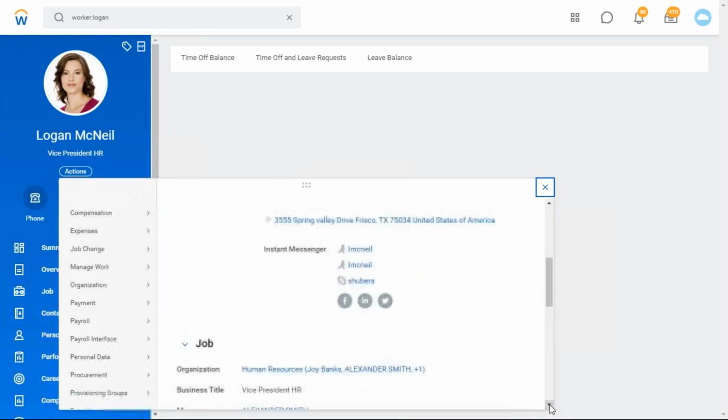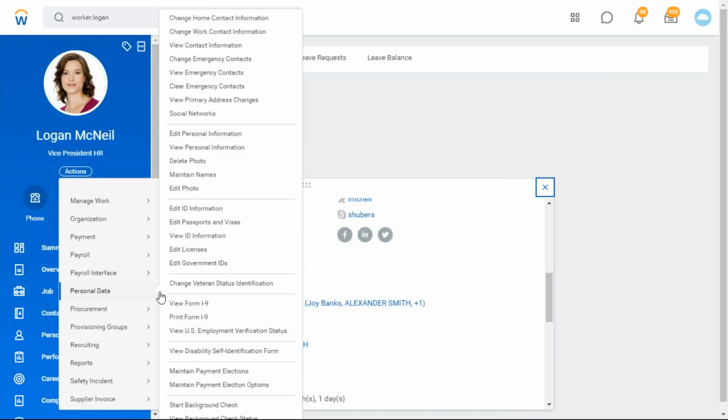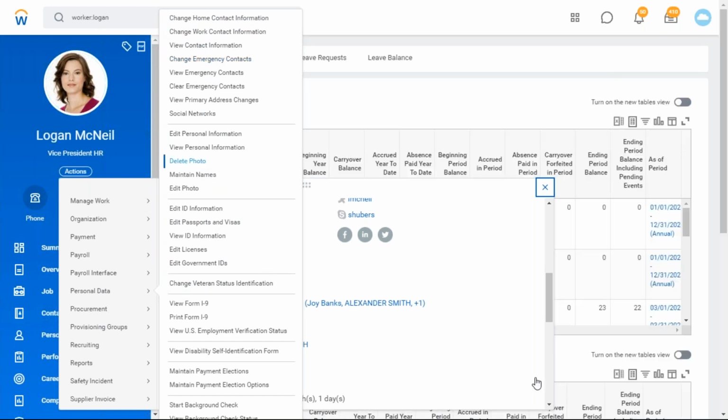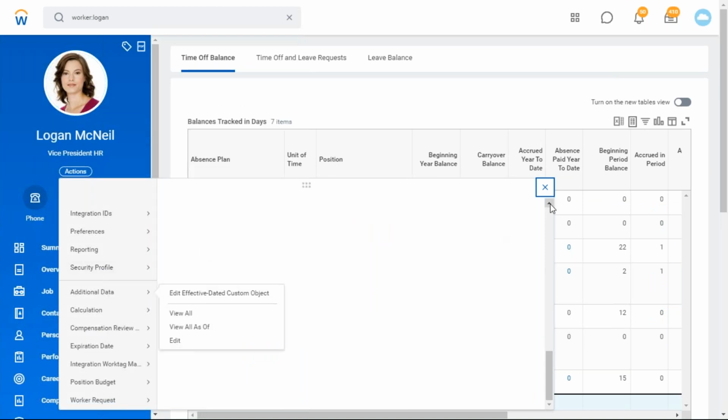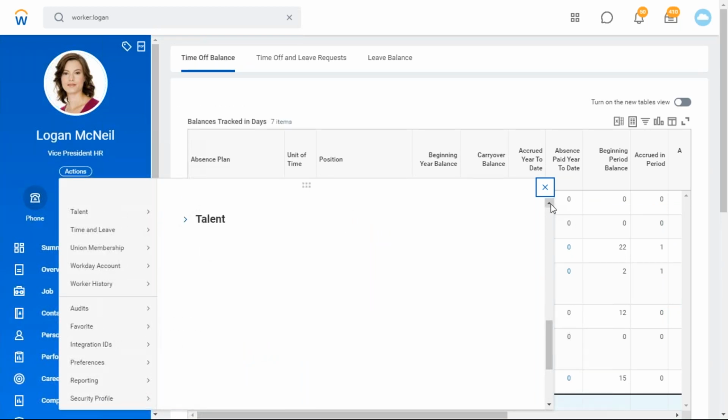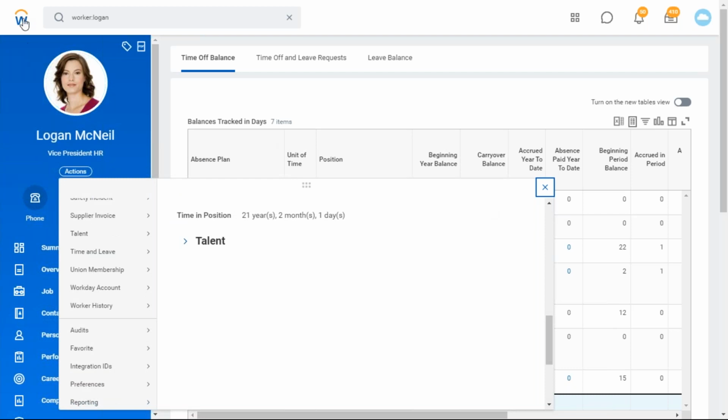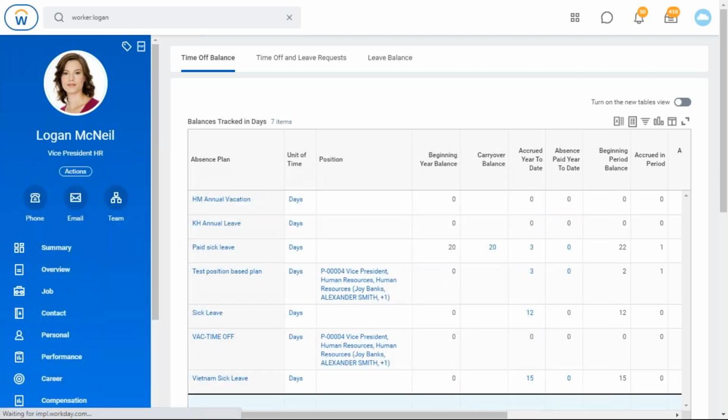The personal information only HR has the access to, or an employee can edit it. You can change a home contact information, work contact information. The personal data can be edited. Everything you need the access. That's what I'm saying. Then only you can do this one. Okay. If you click OK, then it will come to the home screen.